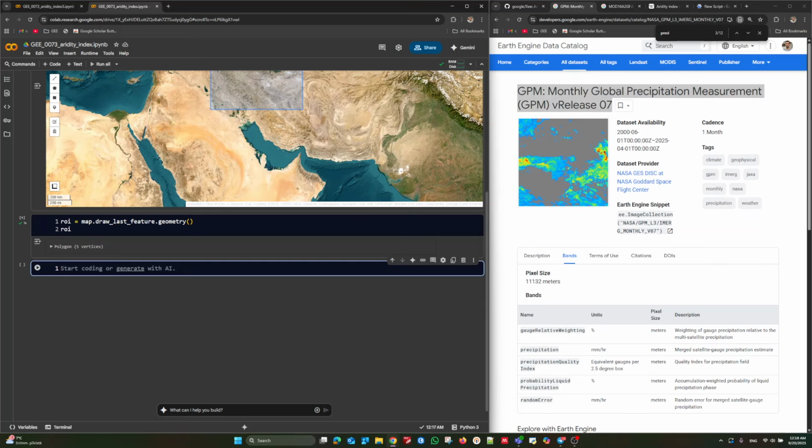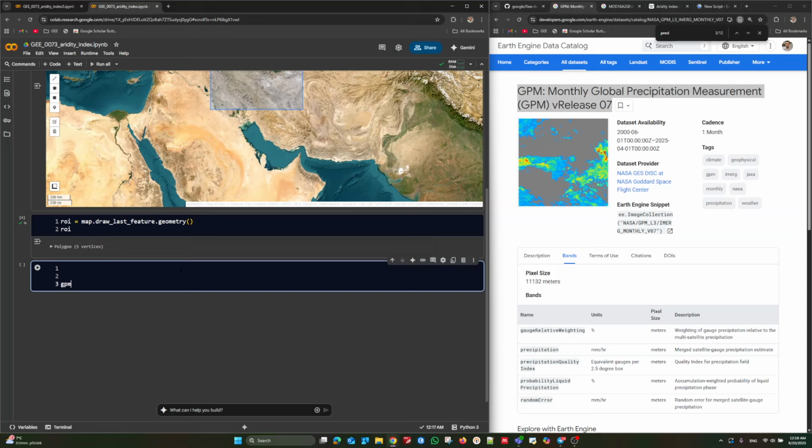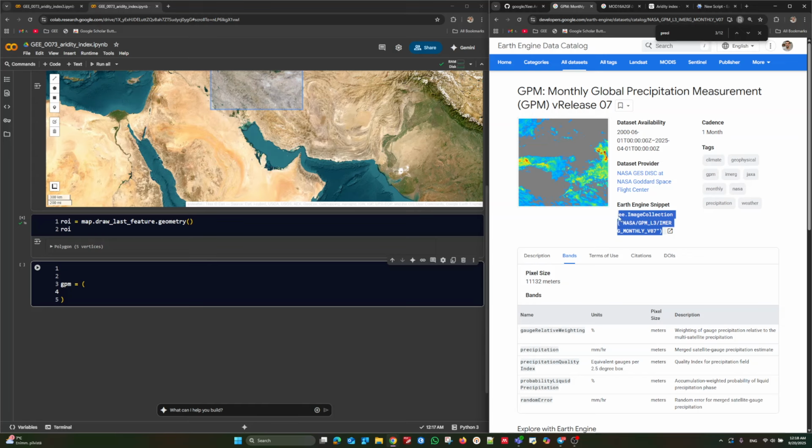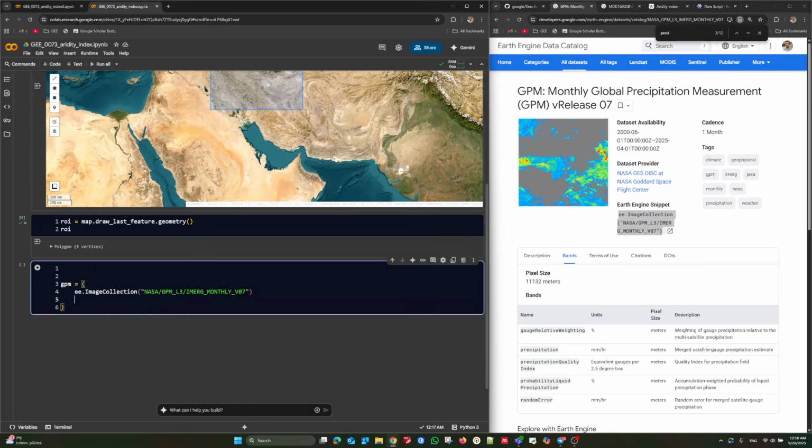So let's start with the precipitation data set. Make a variable for the GPM data set. Now you need to copy the collection snippet first and define or make a filter date. So make a variable